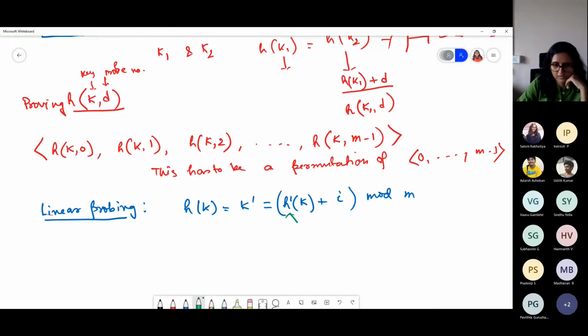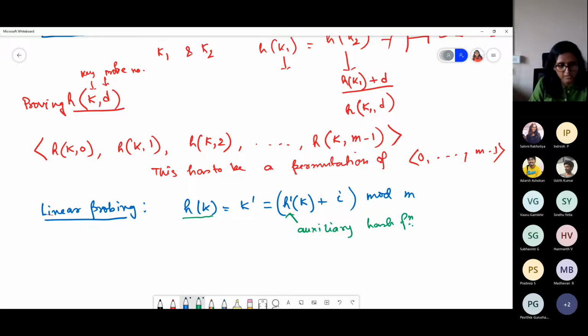This function is called the auxiliary hash function. So here, although we are getting the output in terms of h, there is another inbuilt function which is working on behalf of it. And one linear equation is adding some kind of distance to this auxiliary hash function's output value. Okay, this is linear probing.